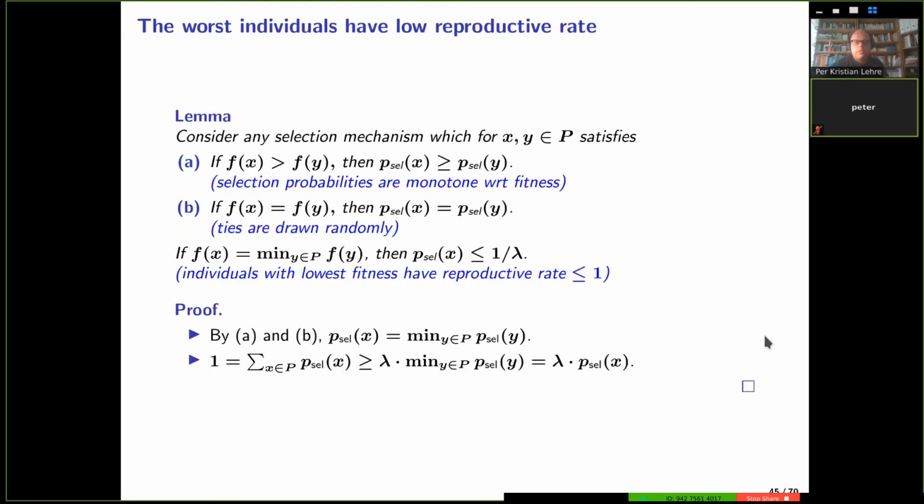Okay, so when are these conditions true? These conditions are true in several different settings. So it can be true if